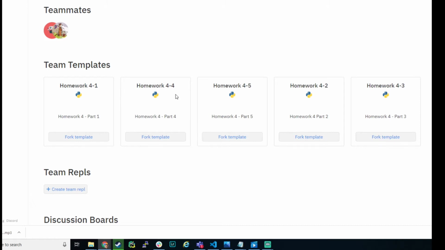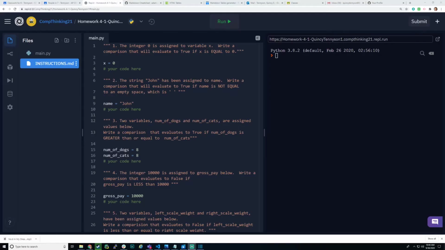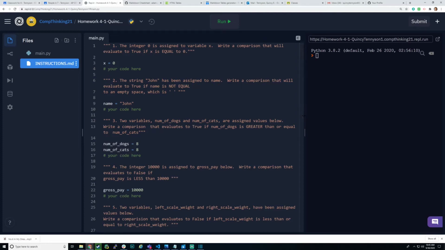But if you have not completed your assignments yet, you need to do them here, because if you don't, more than likely we're going to lose access to those assignments. From here, you click on Fork Template. You're going to be taken to this screen, which looks quite a bit like a normal REPL. And that's probably the strangest thing about the assignments, is that all your assignments are now going to be in what is essentially a normal REPL, not in the weird assignments window, which I think will actually be better.